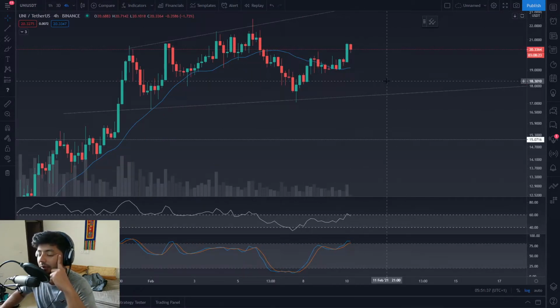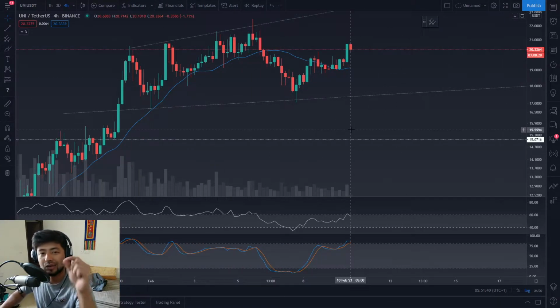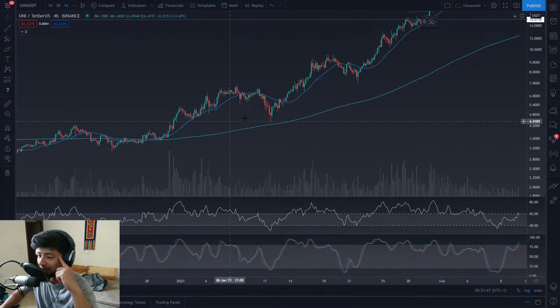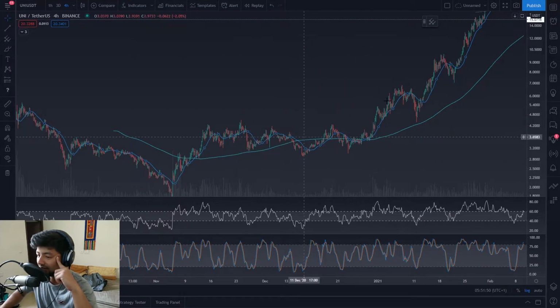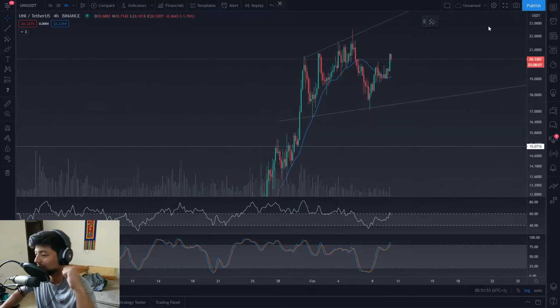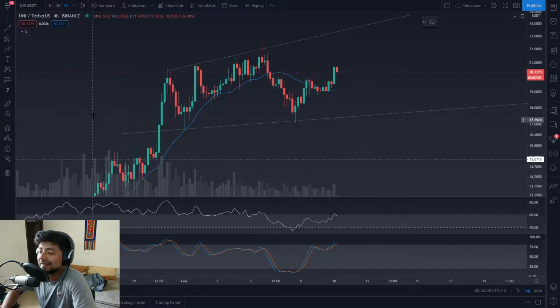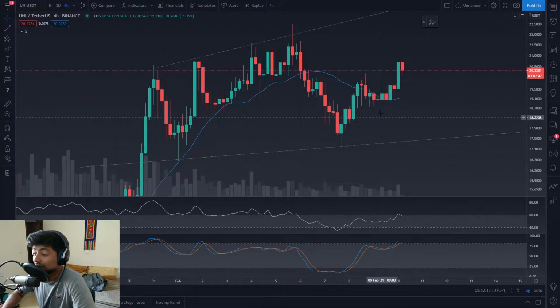And we could certainly have a few wicks to the downside, but remember, candle closures are what you're looking for in risk management. You don't want to be wicked down. I can't stress enough how many times you can get wicked out in these scenarios where the candles would just not close below the particular key area of significance, but you get wicked down and you stay out of the trend. So if you want to stay inside the trend and not be wicked out, just stay away from leverage and keep flipping spot. That's going to be extremely beneficial and better in terms of risk tolerance as well.